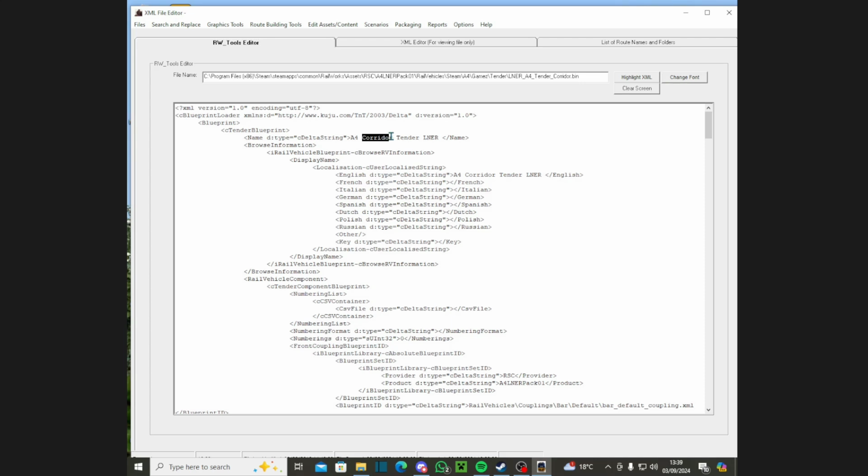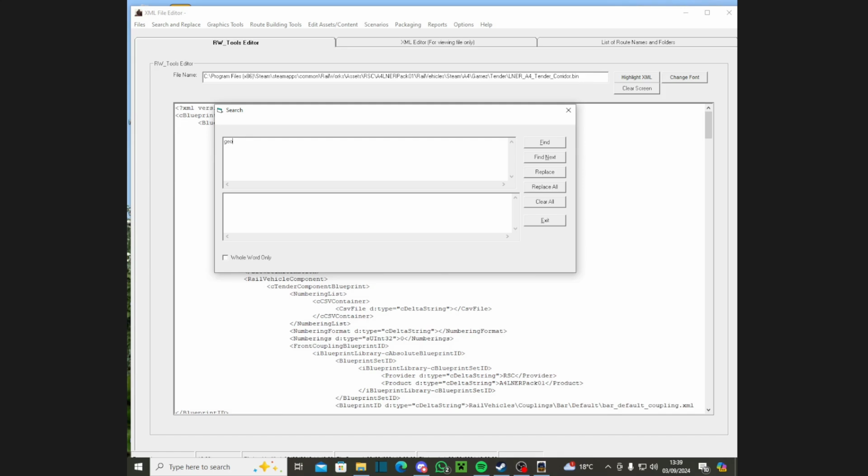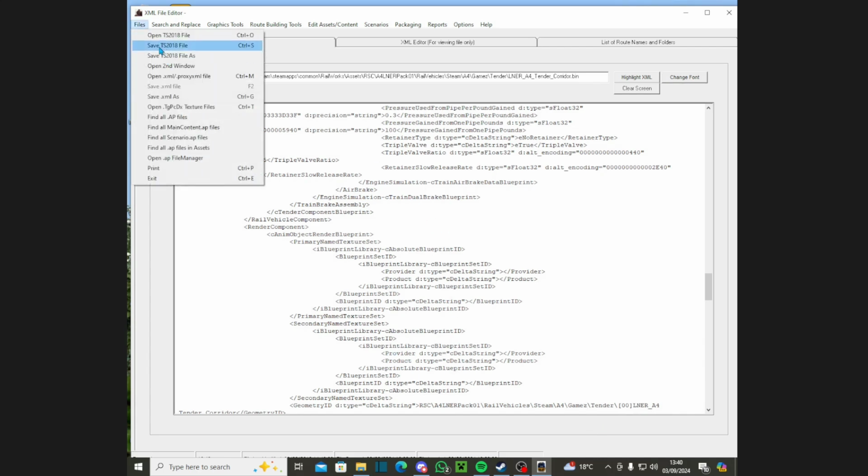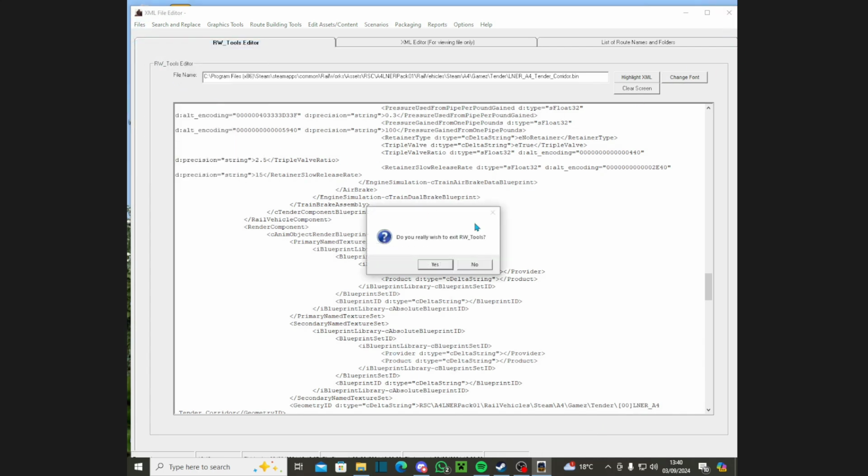So I'm going to leave this, I'm going to change the corridor to games. So now it's just said A4 tender linear, or A4 games tender linear. And now you just do the same steps again. Now you're going to want to go to search and replace, find GEO again, close that. Where it says bitten, you're going to change it to games again. Now, what this will do is this will give the game the idea of where to